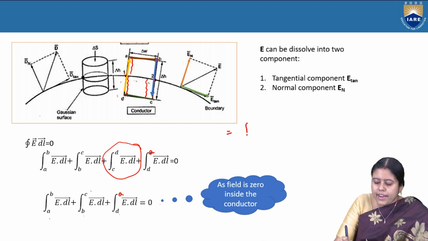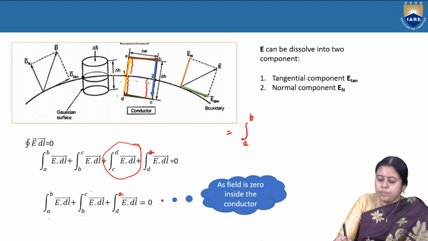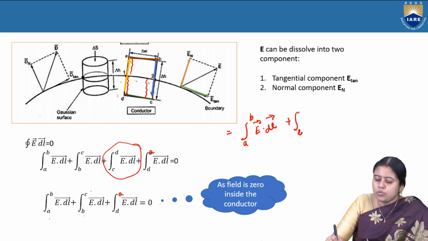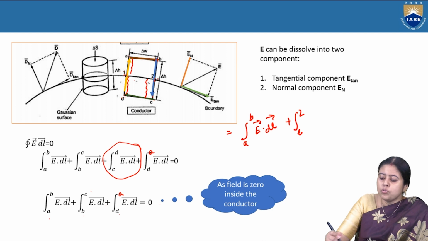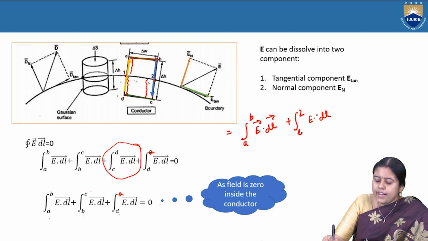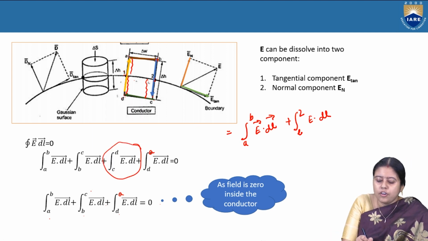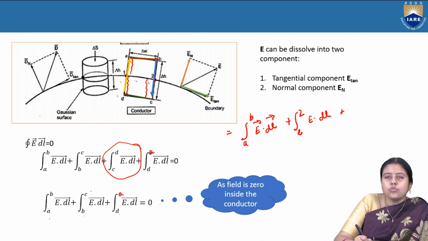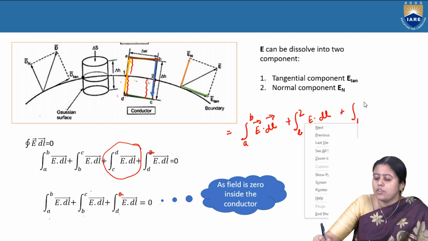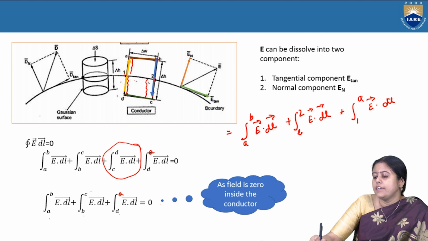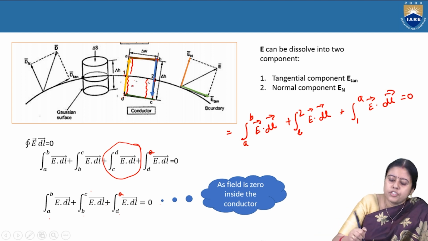So we can again write A to B E dot DL plus B to 2 E DL, because this portion is again inside the conductor, it is 0. CD is already 0 and D to 1 is already 0. So we are taking 1 to A E dot DL, because this total portion is already